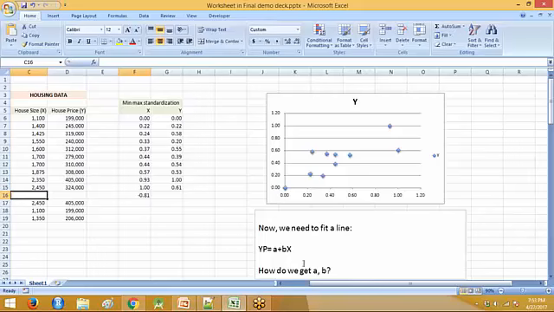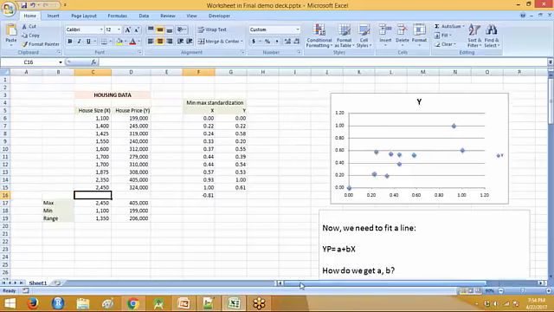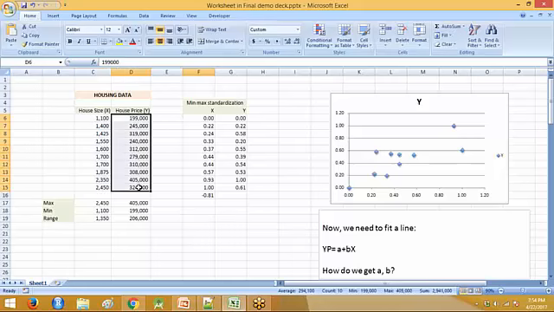The problem now translates to coming up with an optimal set of a and b values here, where y is the price and x is the house size. Now, the first thing that we are doing is we notice that x and y have a very different set of magnitudes. You would notice that x has a range between, let's say, 1100 to 2450, whereas y has a range between 199,000 to 405,000.